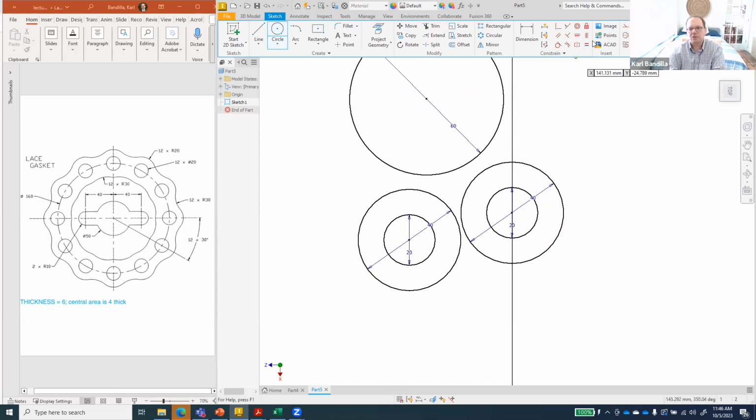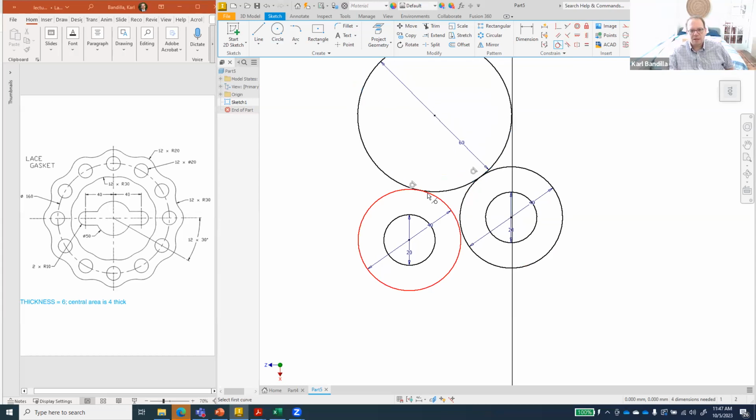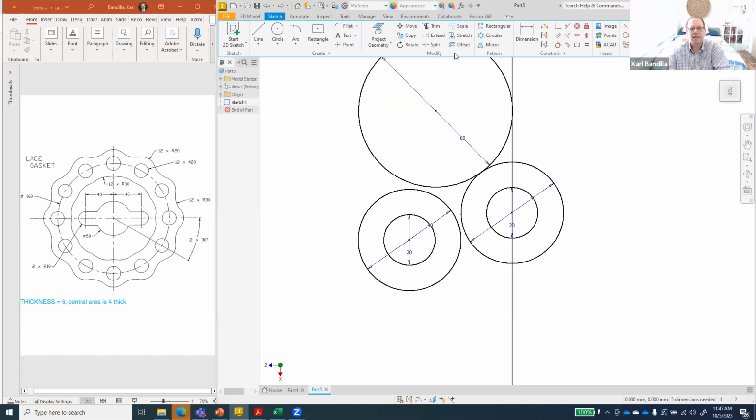And now we can use our constraints, right? Remember that we have this constraint that tells us to get stuff to be tangent. Now, I would always recommend to draw the circle relatively close to where you want it to be in the end, because if you put it somewhere far away, then it might create all kinds of difficulties. Might still create difficulties, so let's see. If we put these in there, it moved that one down. Good, it's exactly where we want it to be. And now it also has to be there. And as you can see, it moved something around. So that's not what we wanted to happen. So let's use our constraints and say that we want that circle to stay where it is. And now let's try